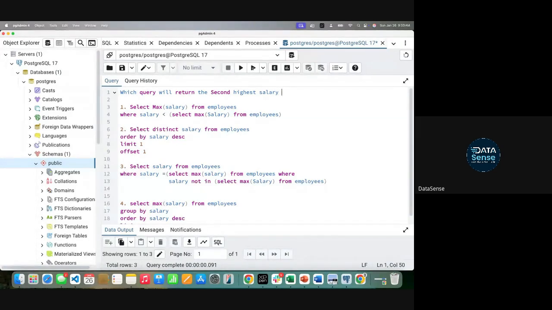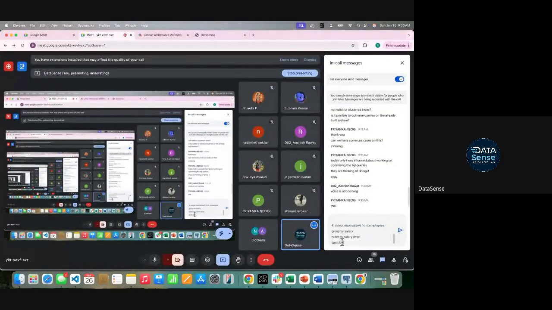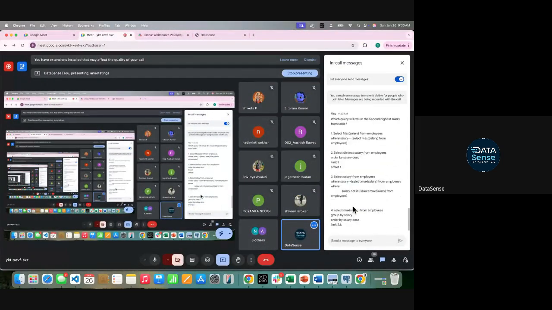Tell me what will be your answer. This is just quiz time. So you have 4 options. Let me paste them in the chat box. Which query will return the second highest salary from the table? Tell me.